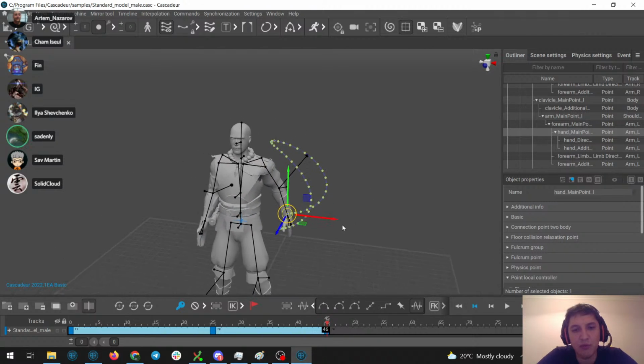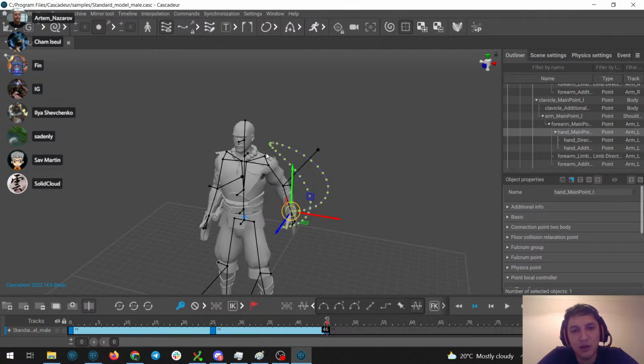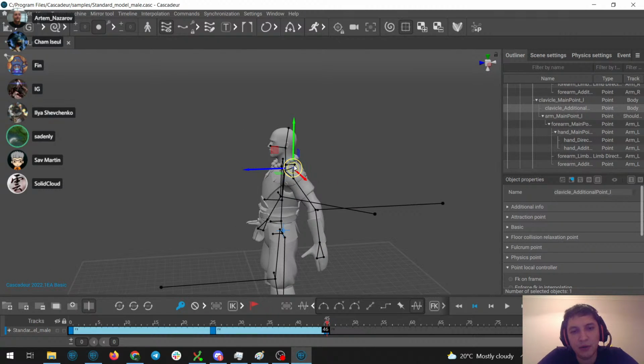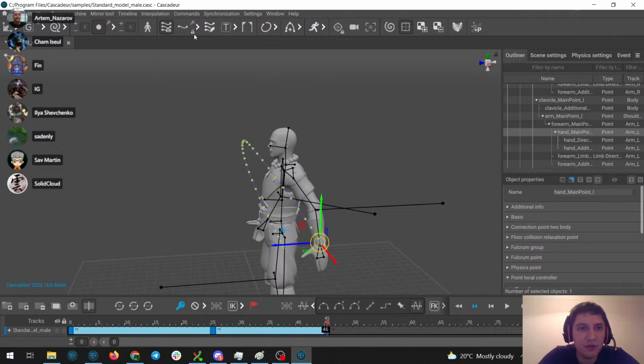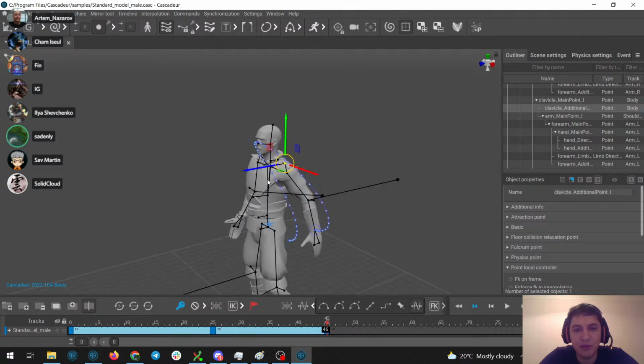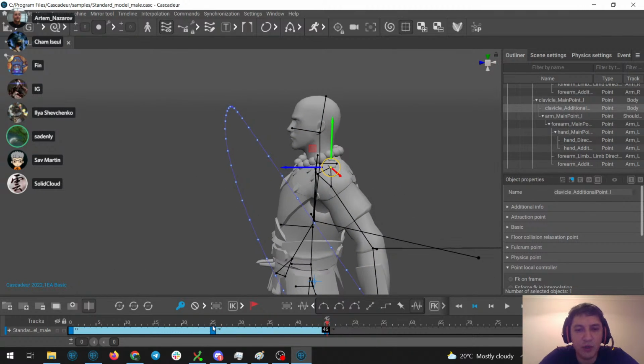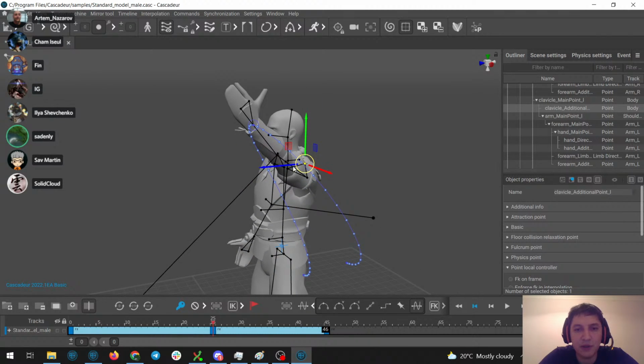But the main problem with this is that, let me fix now this trajectory, so I will see it even if I select something else, and let me select this clavicle. The problem here is that it is affected by all the parents.